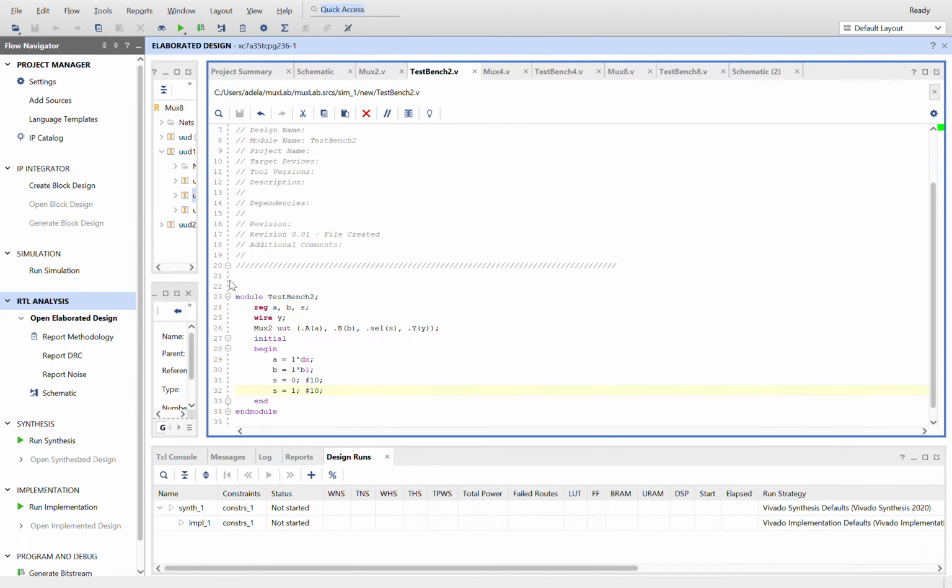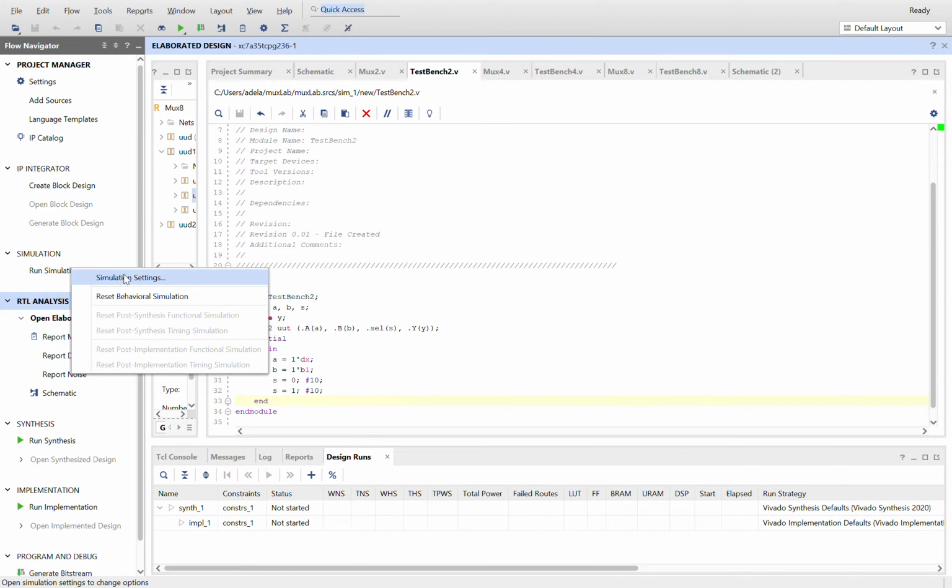Then we have the reg A, B, S and wire Y, and then we call the multiplexer 2 code, and we input the A, B, S, and Y for each of their respective slots. Begin, and then we have A equals 1, B equals 1, S equals 0, and S equals 1, which is what you also gave us in the instructions. So when that runs for the simulation,